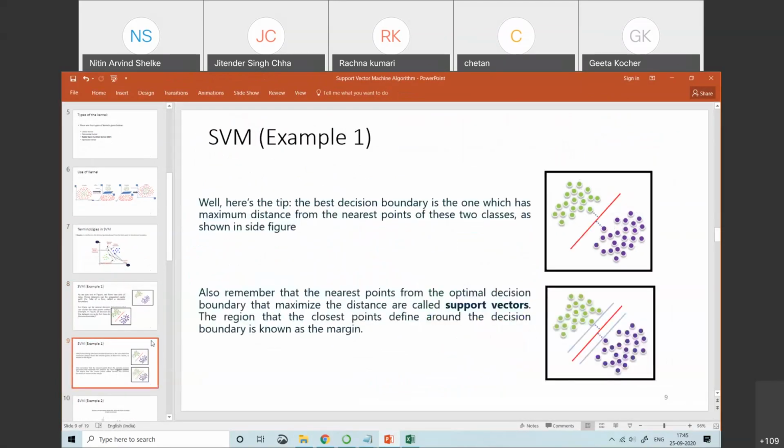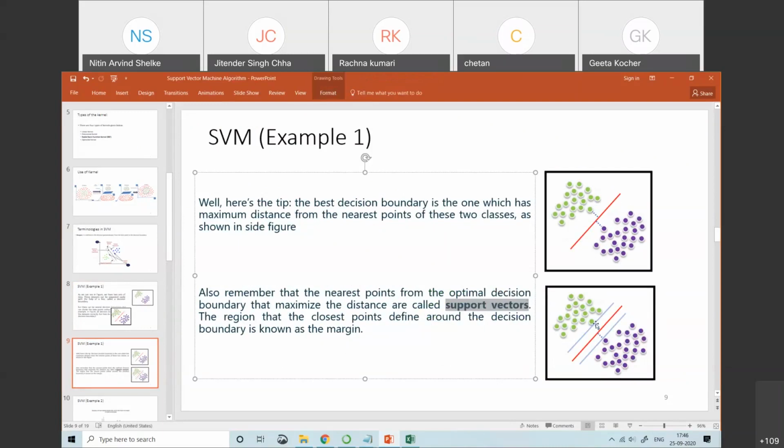As far as example 1 is concerned, the tip is that the decision boundary is the one which has the maximum distance from the nearest point of the two classes. So that's why B line is selected as hyperplane. Remember that the nearest points from the optimal decision boundary that maximize the distance are called support vectors.